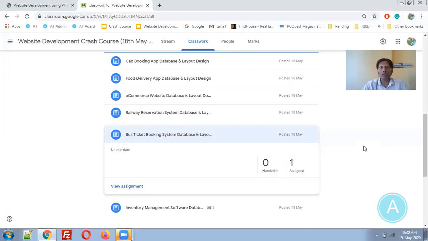What is the customer selecting? The customer selects one particular day, on which date they would like to travel. Second, the customer selects the route from this city to this city, for example from Vadodara to Ahmedabad, at what particular time, for example 9 a.m., 10 a.m., 11 a.m. So n number of different buses are there. We need to book tickets for a specific travel route, Ahmedabad to Vadodara, on this particular date and time, and then the number of seats will come into the picture.